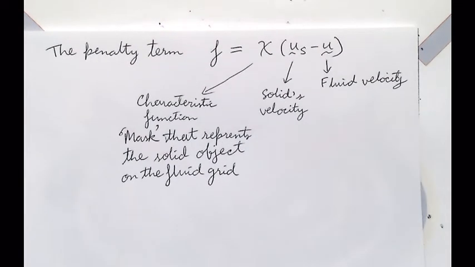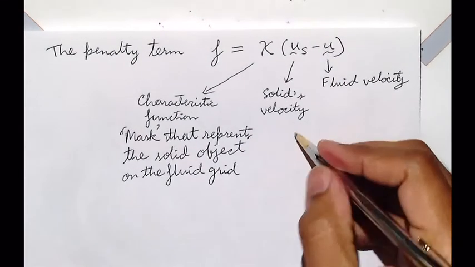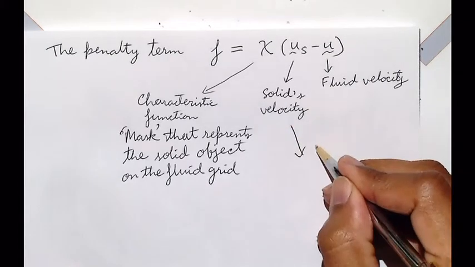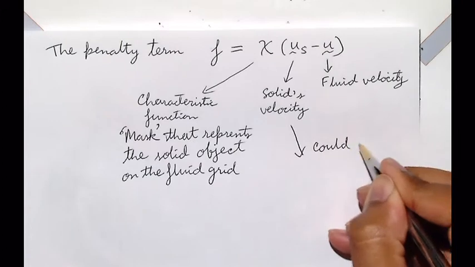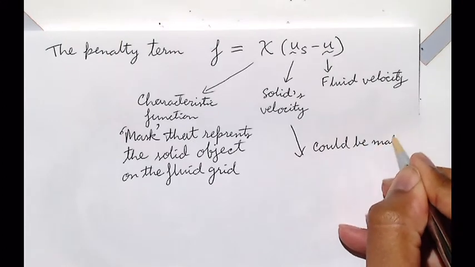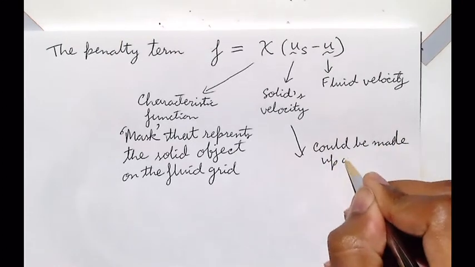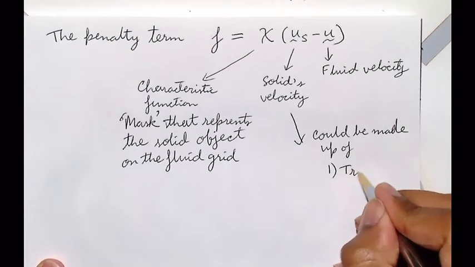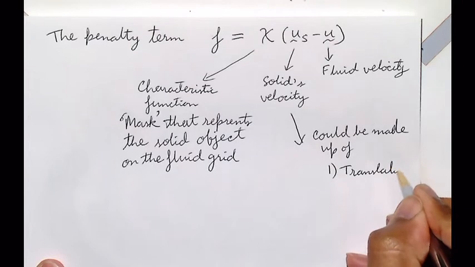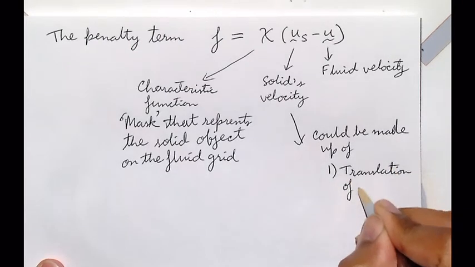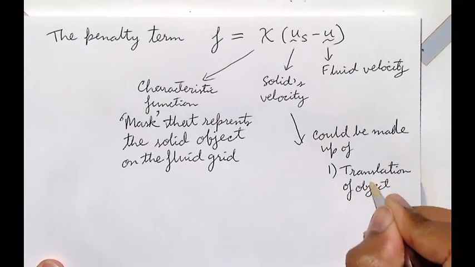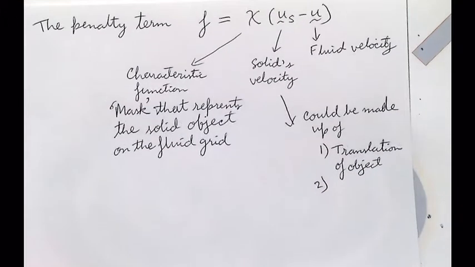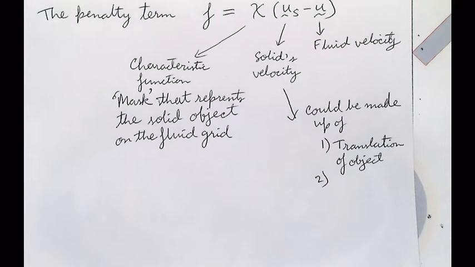Okay, and this solid velocity could be made up of, first of all, translation of the object, or what? Rotation. Rotation of the object,